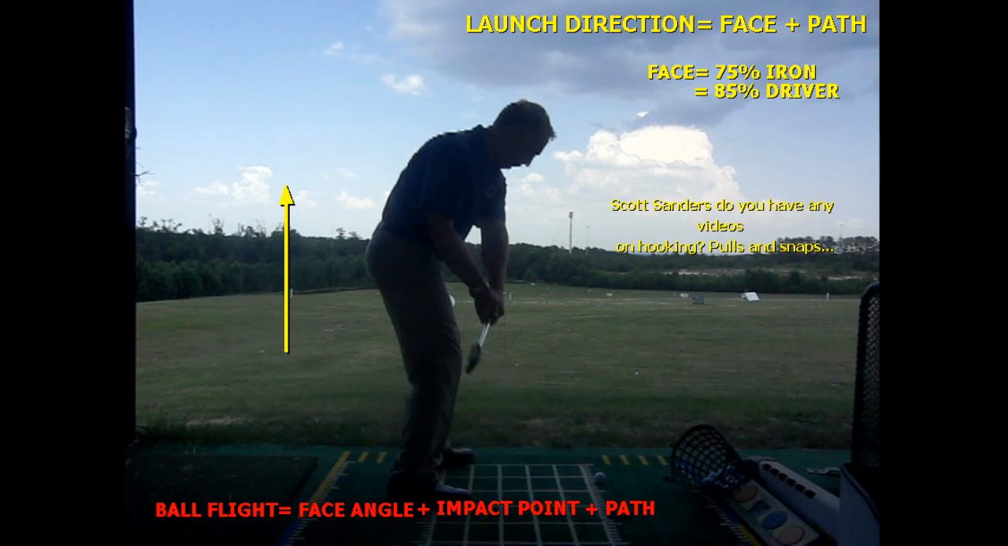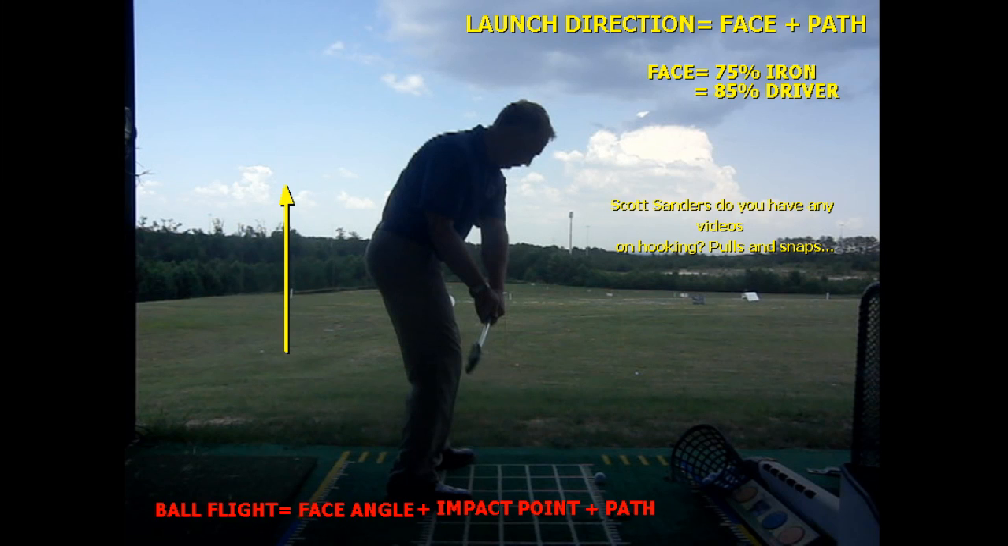So when we look at the ball flight that we're getting, the first thing we have to do is understand why the ball behaves the way it does. So if we look at the top of the screen, we'll see launch direction is equal to face and path. That should be fairly obvious if you've been playing a while, but if you're a new golfer and maybe don't understand that, then when we look at that a little further, when we talk about the initial direction the ball